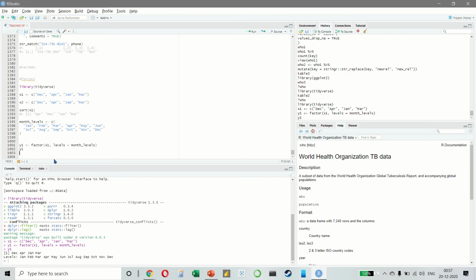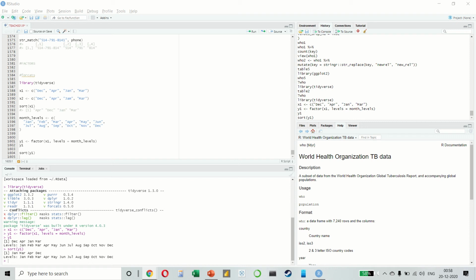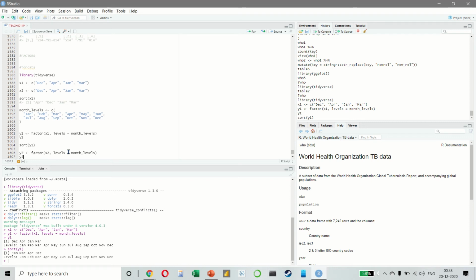And now if I also want to sort, we can sort like this. So any values that are not in the set will be silently converted into an NA, which is what we would have expected.